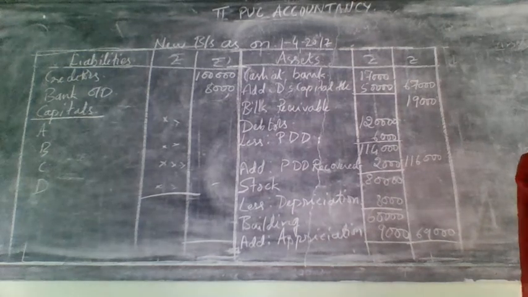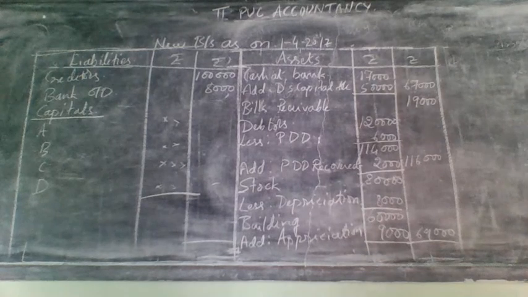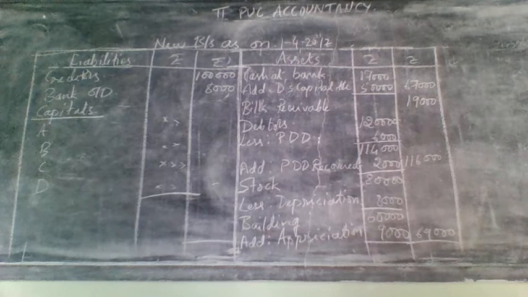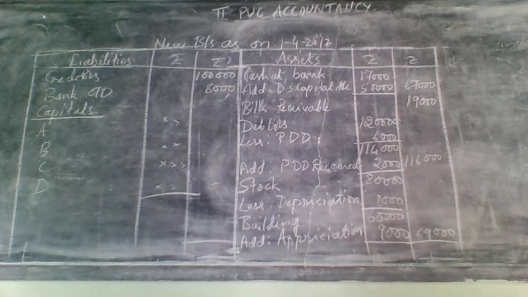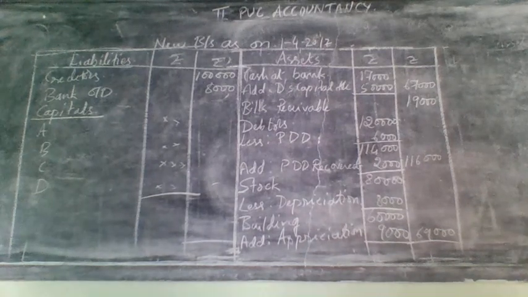Now I explained all the 4 cases of goodwill. So you are having many problems related to this in your question bank. So I have done 4 to 5 problems for you. The rest you need to solve everything. So let us see one by one. First problem, I think first problem I have done for you.